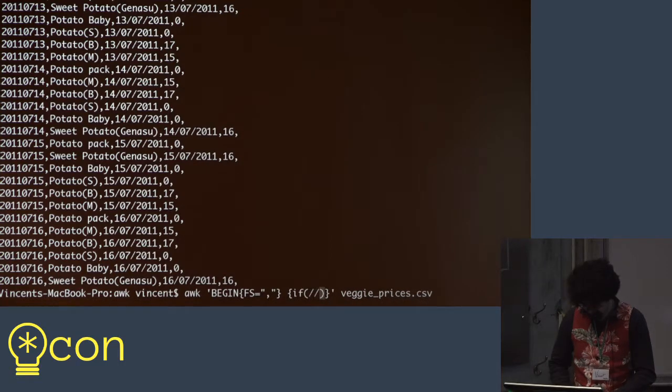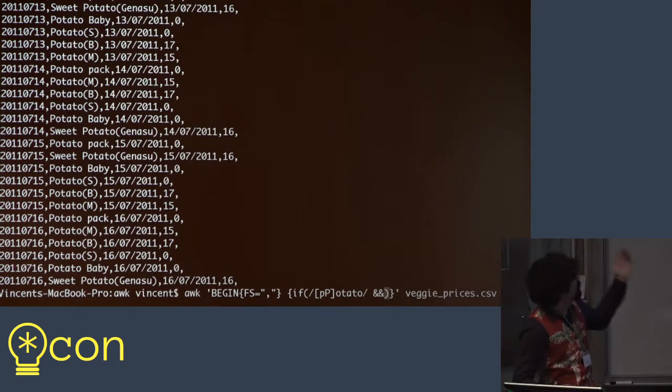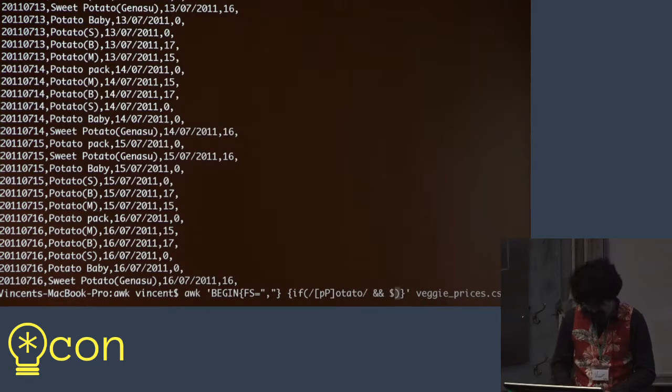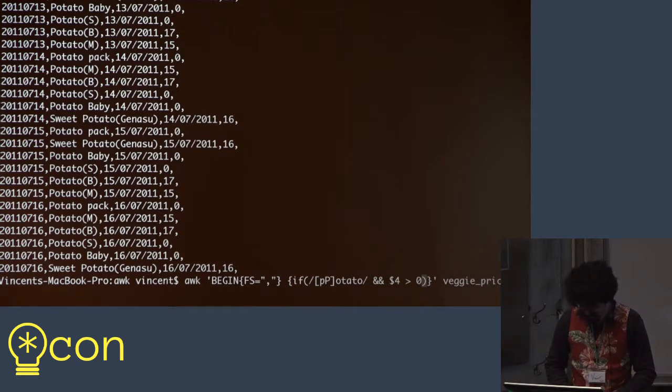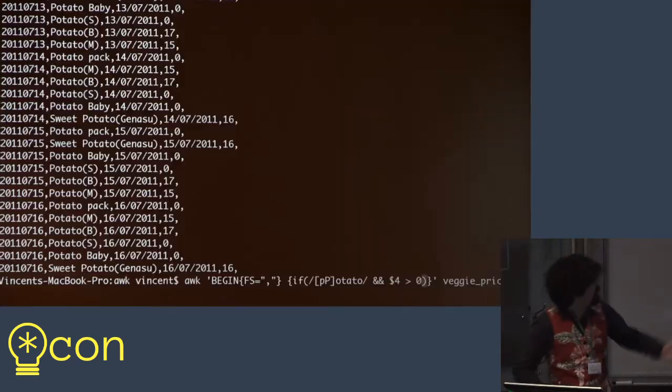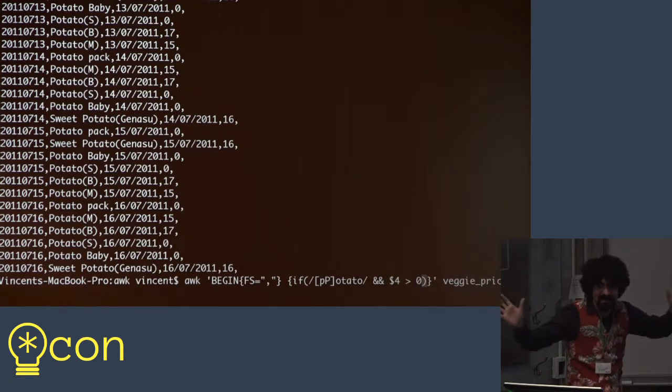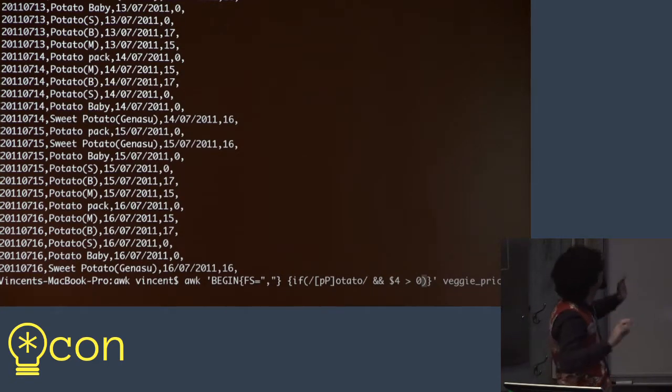If, and this time we're going to do this right. So if we want to look for potatoes, we can put in our own logic into awk, just like most other languages: the 4th word is greater than 0. Sorry, indexing doesn't start at 0. It starts at 1 for words. I know this is a sin in a lot of different languages, but we'll trust awk. So we got 1, 2, 3, 4.